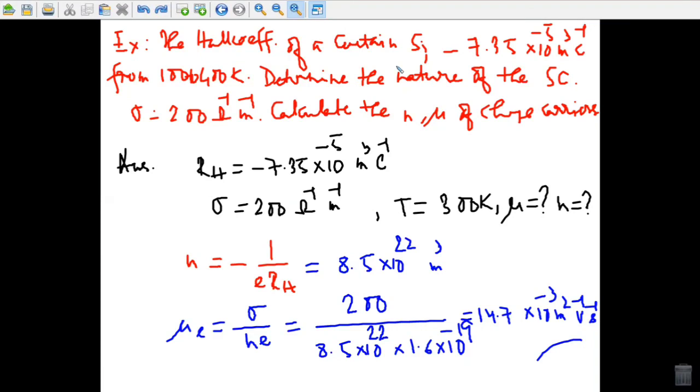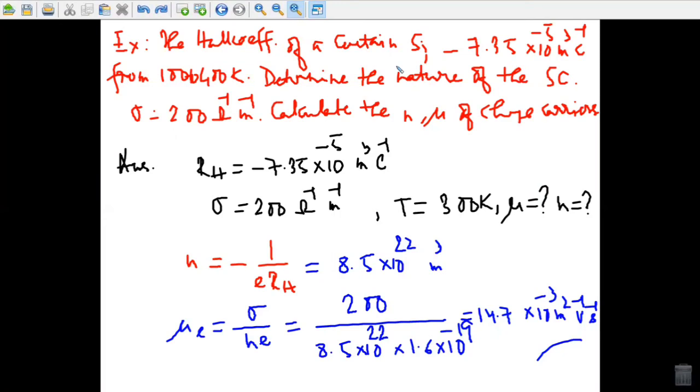On the other hand, at high temperatures, the Fermi levels of extrinsic semiconductors coincide with that of the intrinsic one. The fourth one is, since the electrons and holes have opposite charges, the current due to both is in the same direction and hence the conductivities are additive. Therefore, the total sigma of the material is the addition of sigma e plus sigma h, which is e times n mu e plus p mu h,